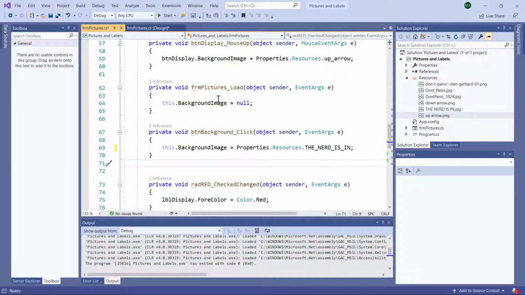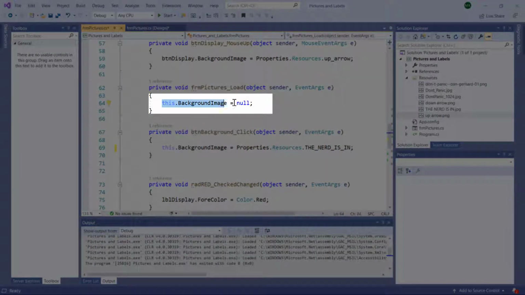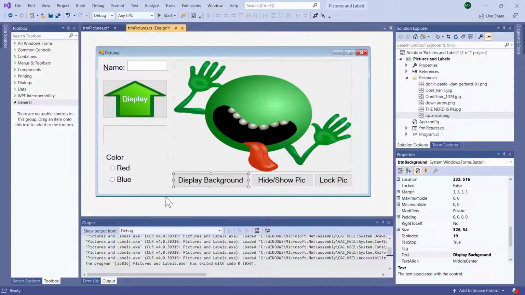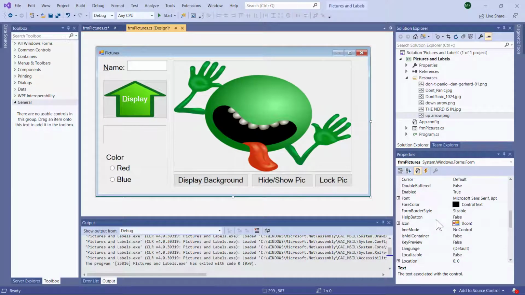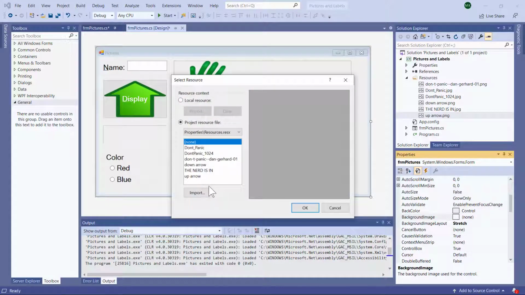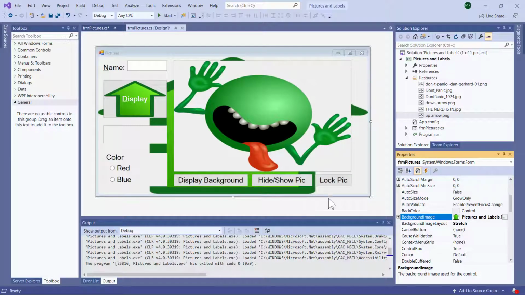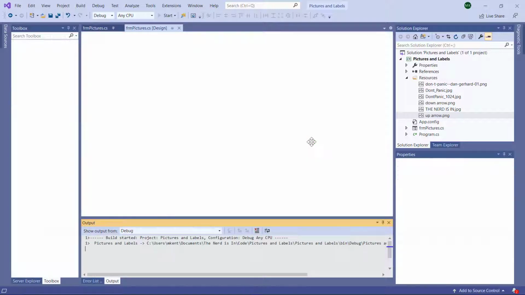because all C# lines have to end with a semicolon. Now, if you want to get rid of a background or an image, you can say equals null. So if at design time, for instance, like if I click on the form right here, and I go to my background image property, you see right now it says none. But let's start it out with the up arrow. What the heck? So now I've got that up arrow on the background, okay? If I run the program,